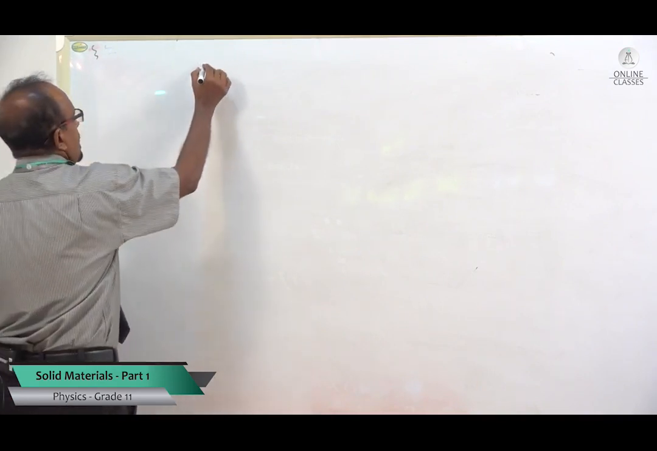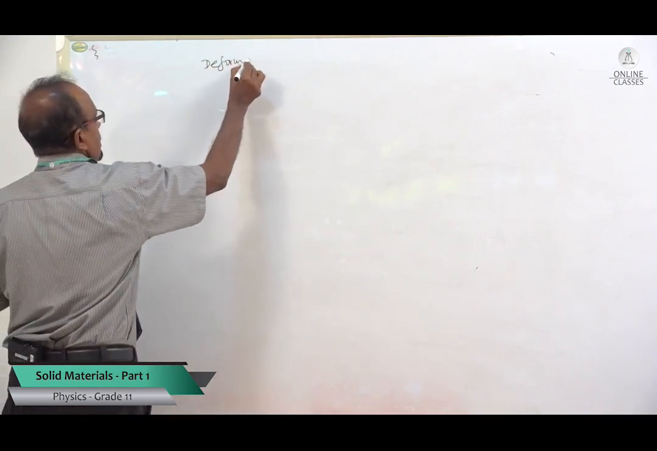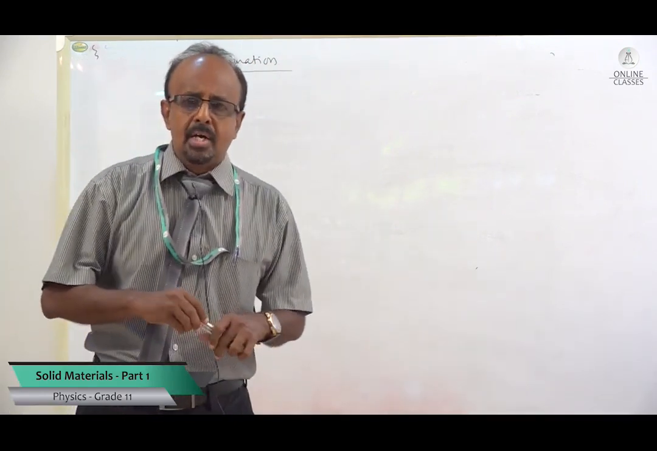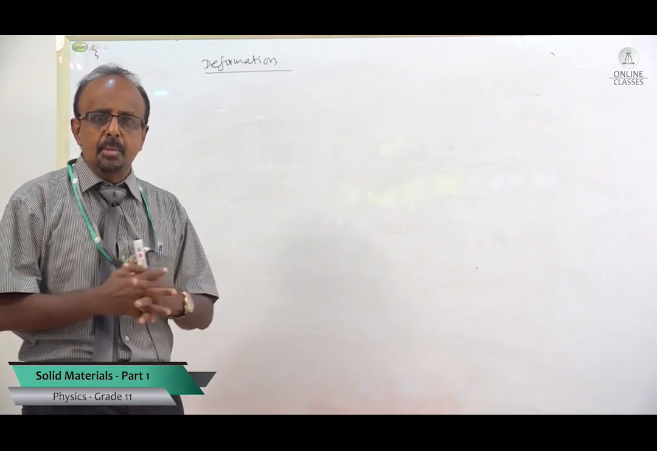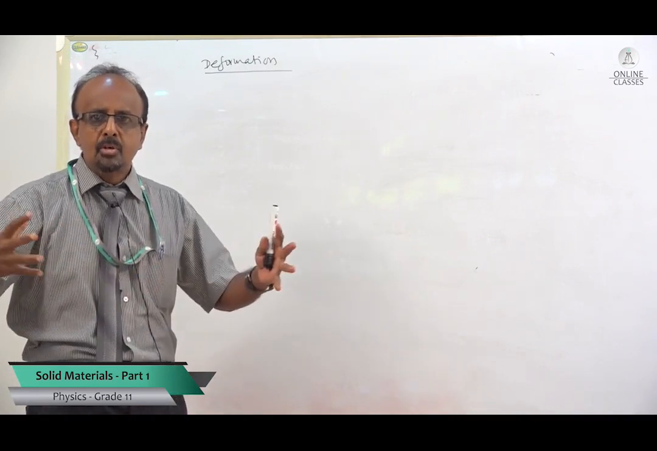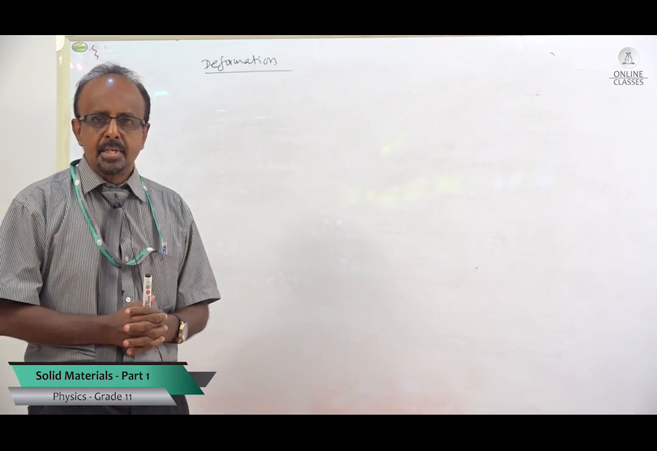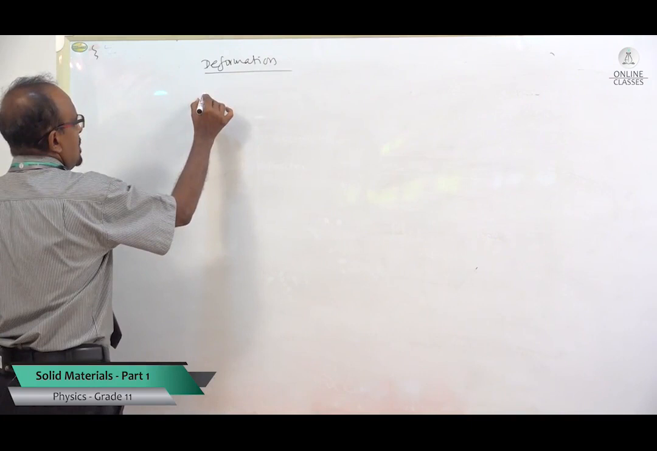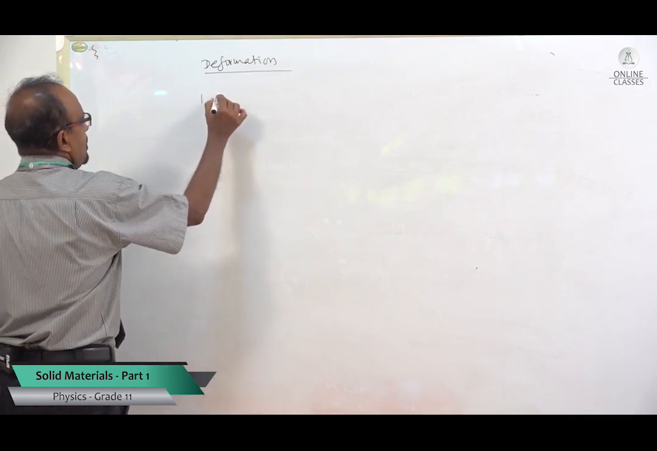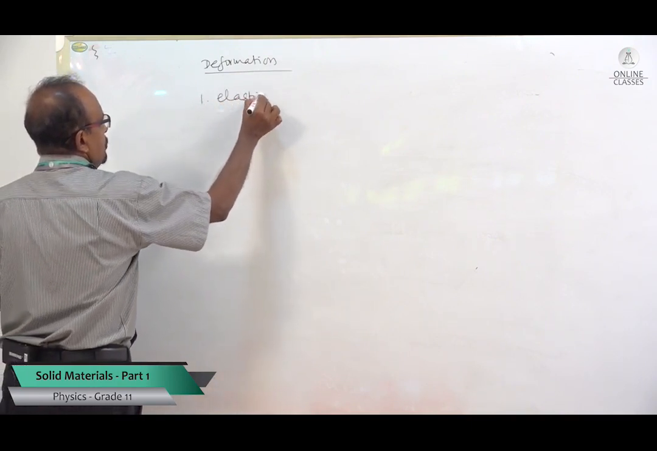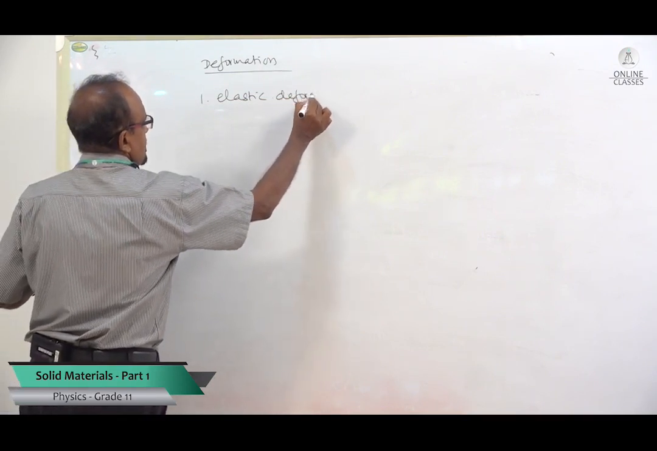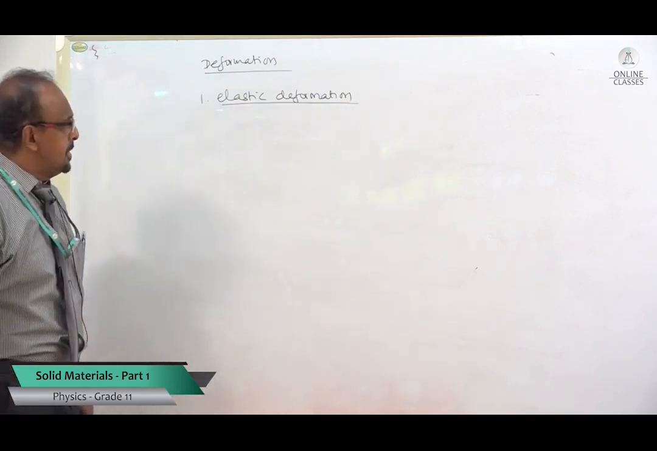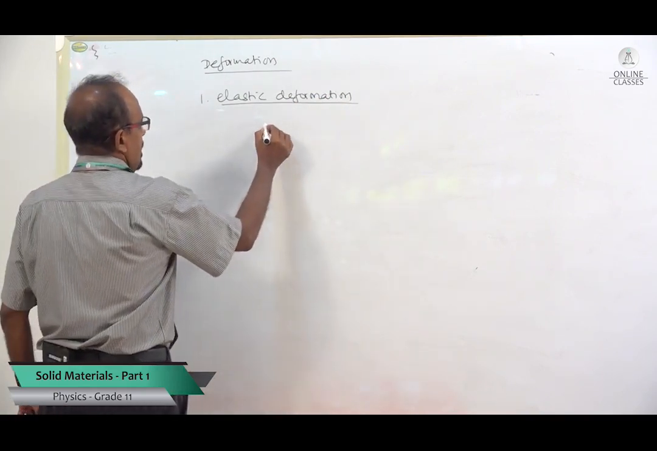Now let's see what is meant by deformation. Deformation means a process where the shape of a material changes due to a force. There are two types of deformation we are going to learn. First one, elastic deformation, will be, we can say, when